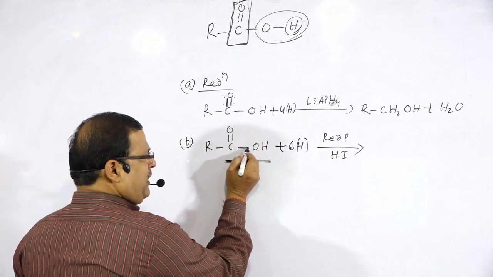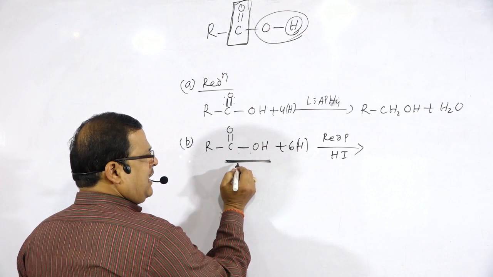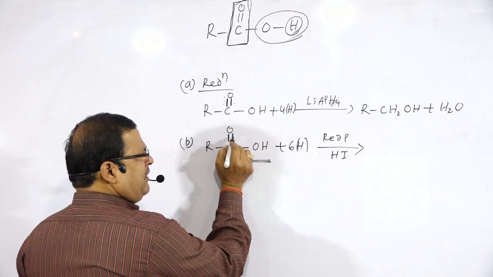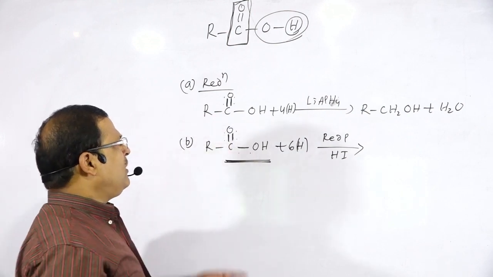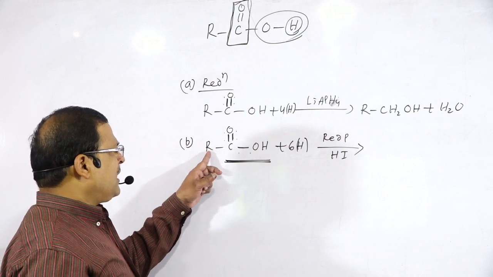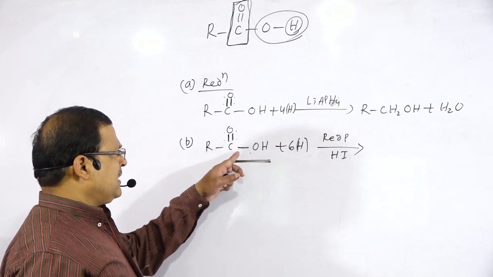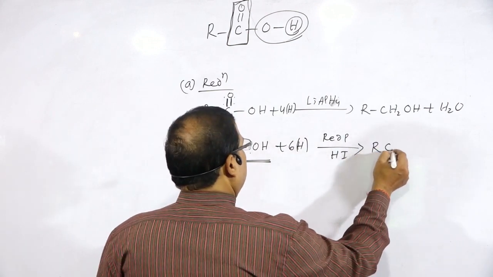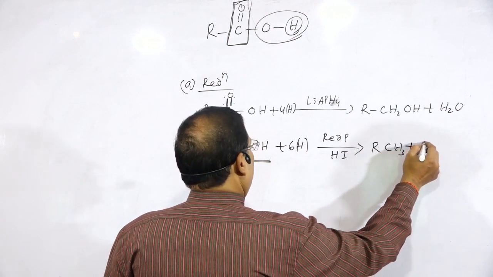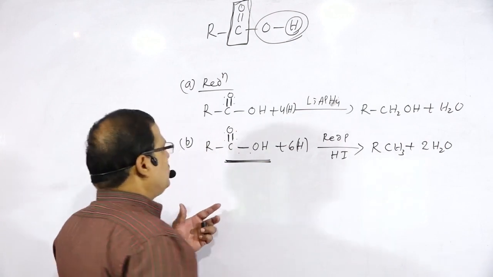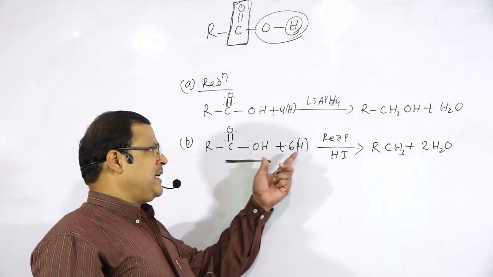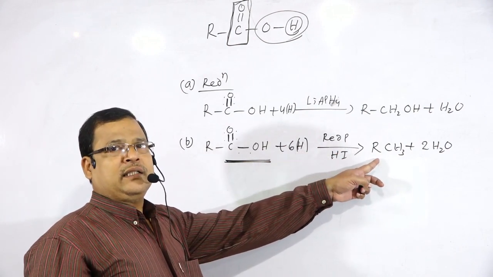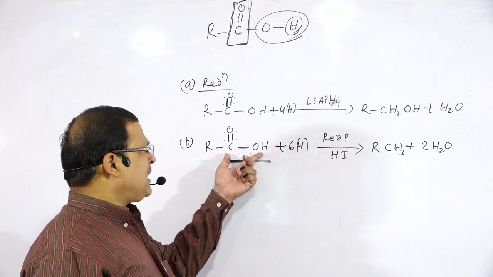So this bond will break by the addition of hydrogen, H and H to the side. This bond will break by the addition of hydrogen, H and H to the side. Same cleavage, H and H to the side. Then what will be the formula? R, C, H, H, H, that is your RCH3. There is the formation of RCH3 plus two molecules of water. So whenever carboxylic acids are reduced with red phosphorus and HI, there is the formation of alkane. This is the reaction due to the COOH part as a whole.